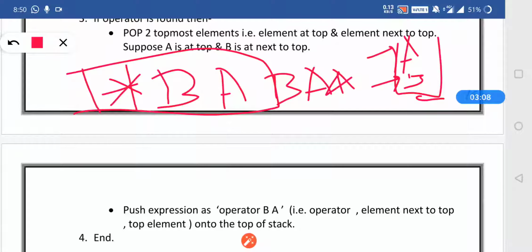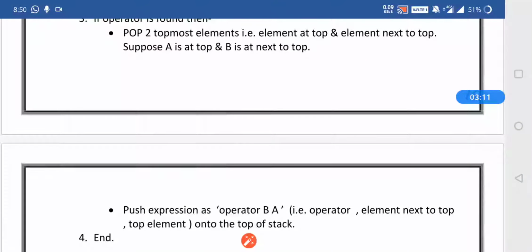So in this way, we will continue the steps until the last element of our expression is found, and after the last element we will stop and we will have the final expression in the format of prefix. So these are the steps in which we can perform the postfix to prefix conversion, where we are scanning from left to right. If an operand is found, we will move that operand to the stack. If an operator is found, we will pop the two operands from the stack, that is the top of the stack and the next element of the top of the stack, and we will place the operator before the operands so that we can have the prefix expression.